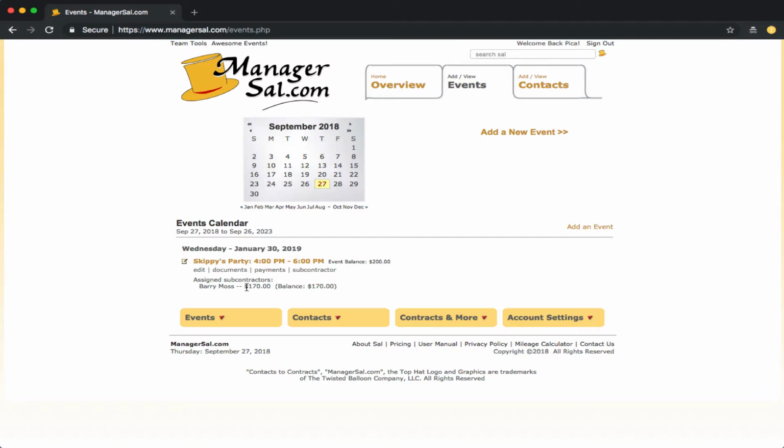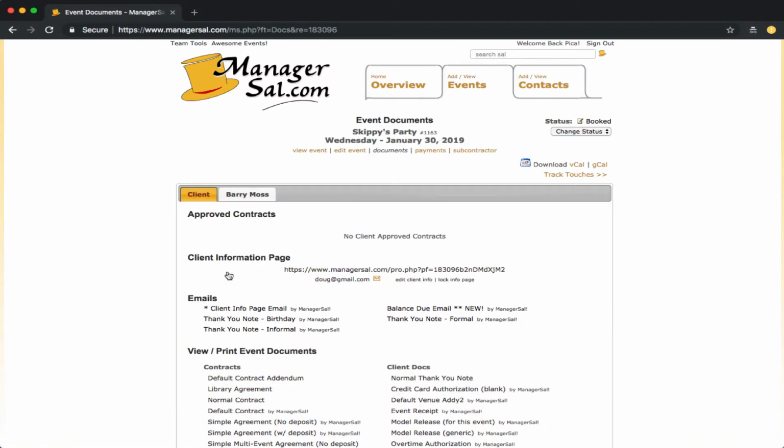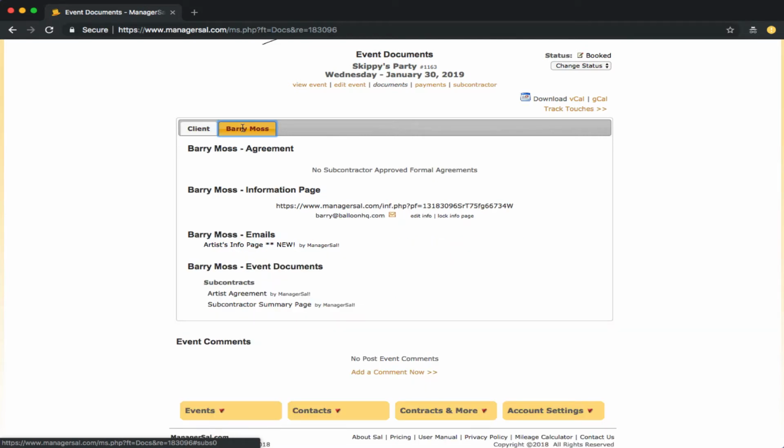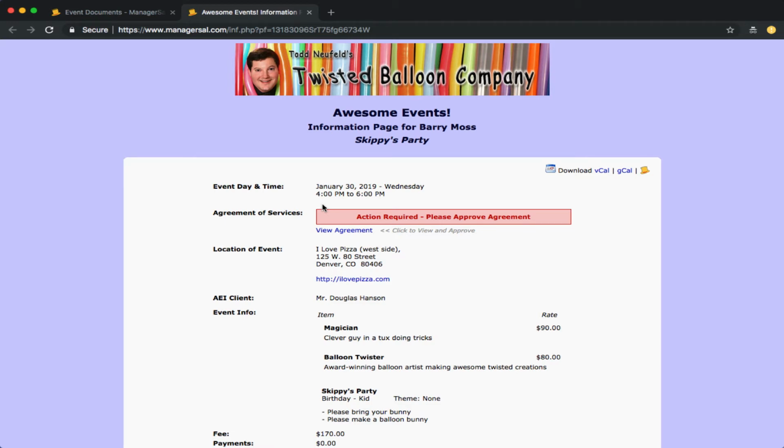Going to the documents of Skippy's party, where before we had the client document, we now have another section for our subcontractor. And Barry Moss has his own area with the subcontractor agreement, his own link to his info page, and a quick way to generate the emails and the contracts for this subcontractor. I'm going to click on his info page, and